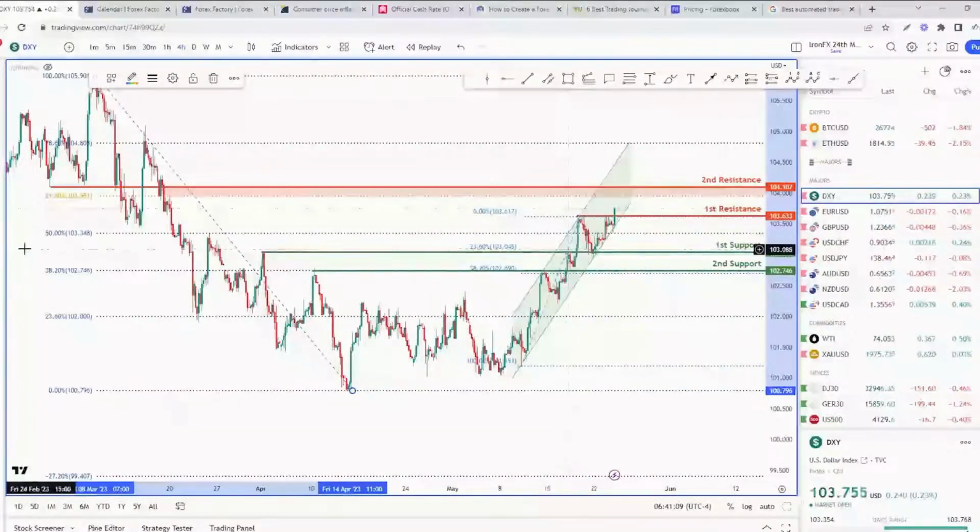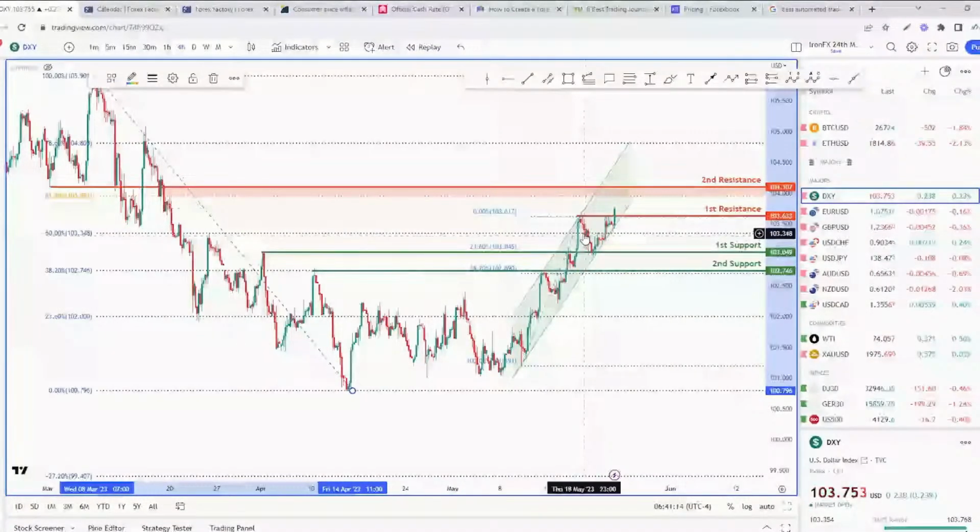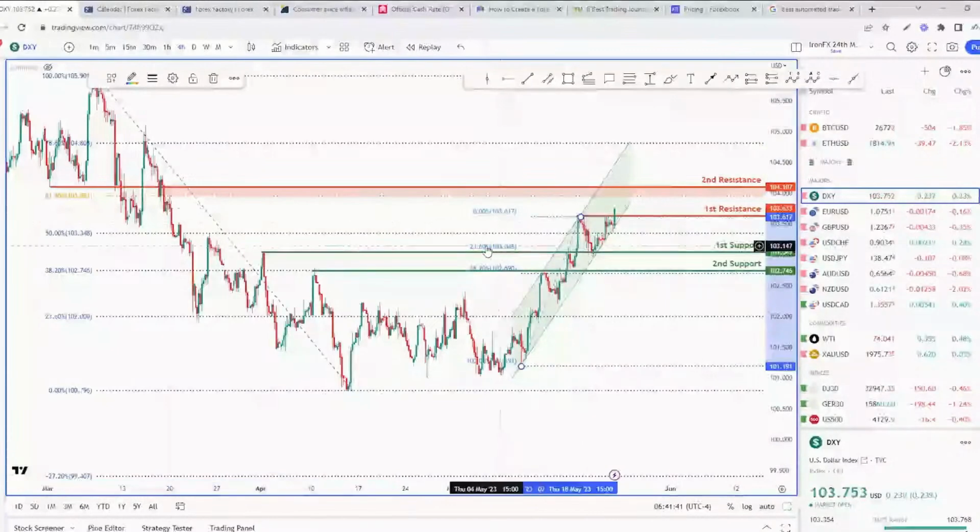go higher. As you can see here, 50% did not act as a resistance level at all. So it's important to take note that there may be instances where certain levels will act as serious resistance, and in other cases they may not, because nothing always works the same every time. It broke through the 50% retracement very easily, and then it started respecting these retracement levels here,